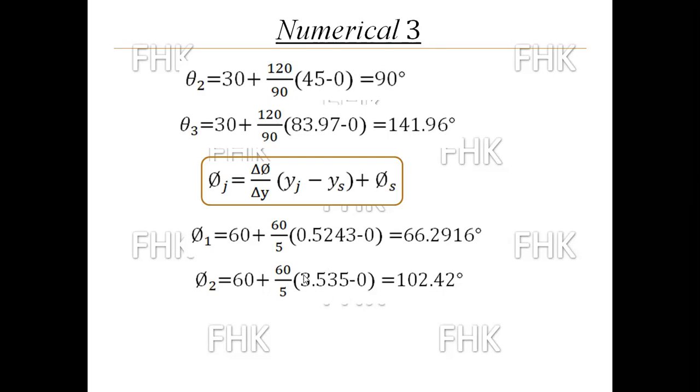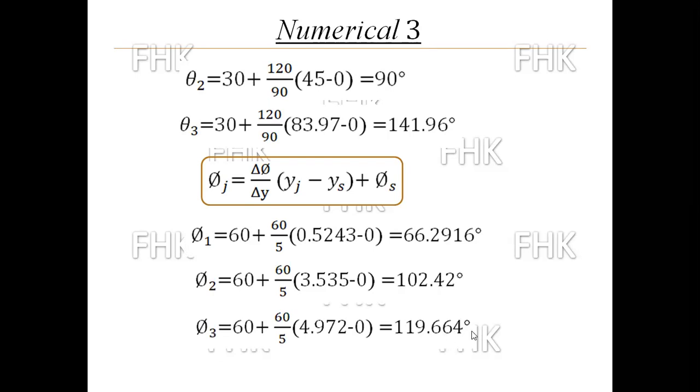Likewise for phi at 2, only the y2 value will change and all the other values remain the same. The y2 value is 3.535, and after solving this equation the value of phi 2 is 102.42 degrees. Next, for phi 3, only the y3 value goes in instead of yj, that is y3, 4.972. After solving this equation, I am getting phi 3 equal to